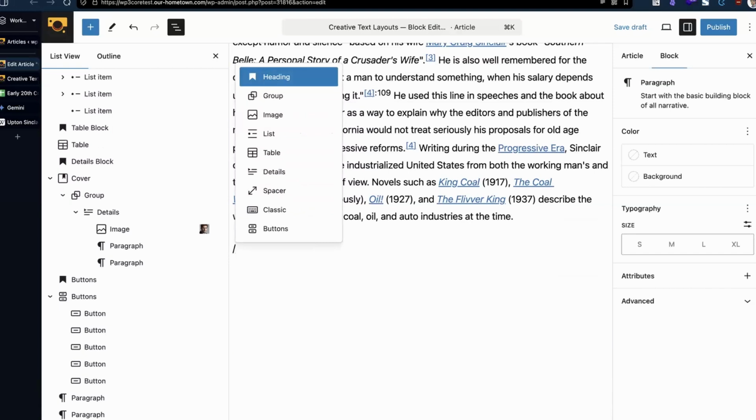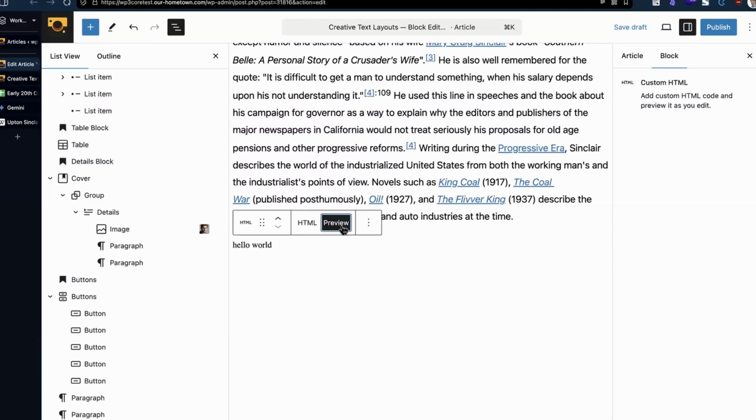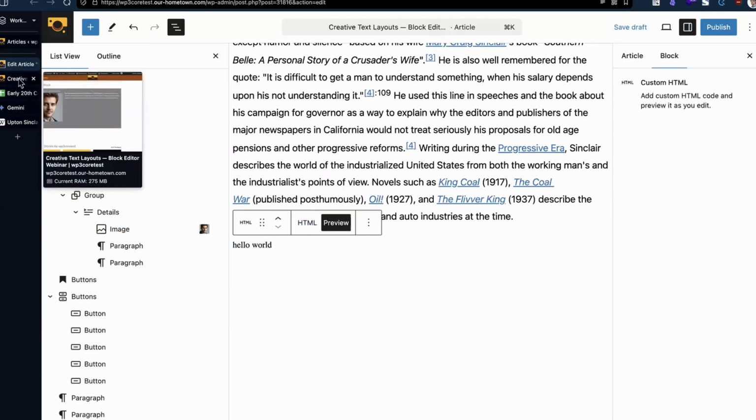And then we'll do custom HTML. This is basically all you need to know about here: this is where you add the HTML. So I could just do hello world. Sorry for any developers in the audience. Okay. And then the preview is hello world. It's not taking on anything, it's super, super basic. But if you had something like